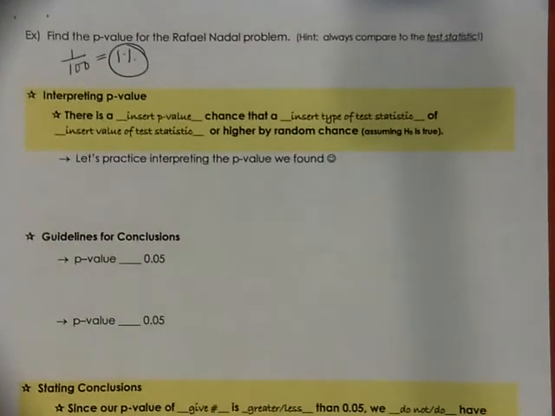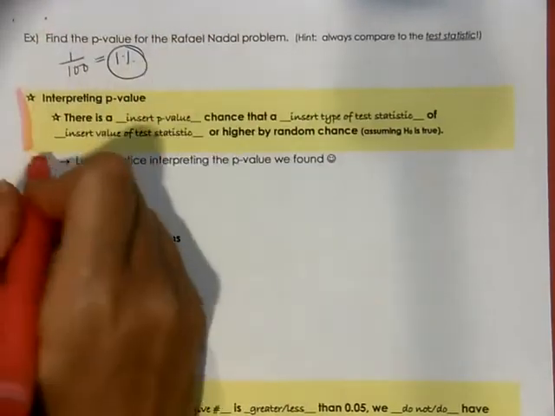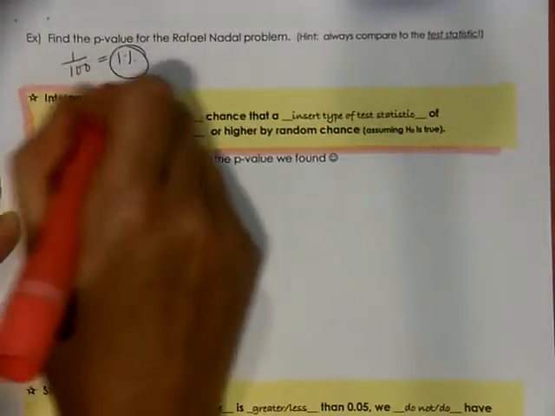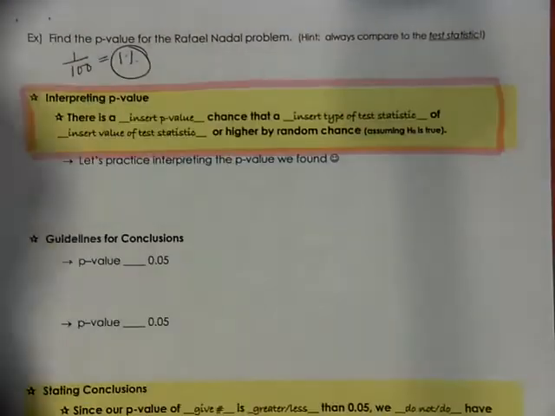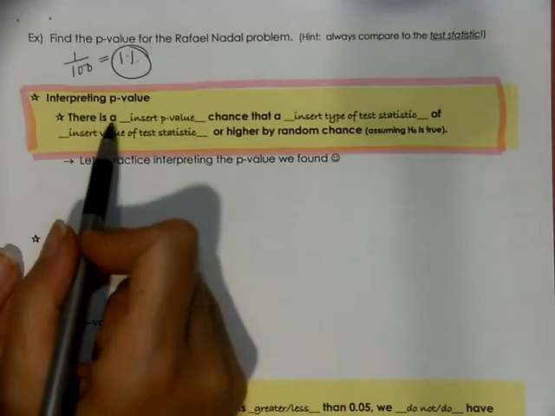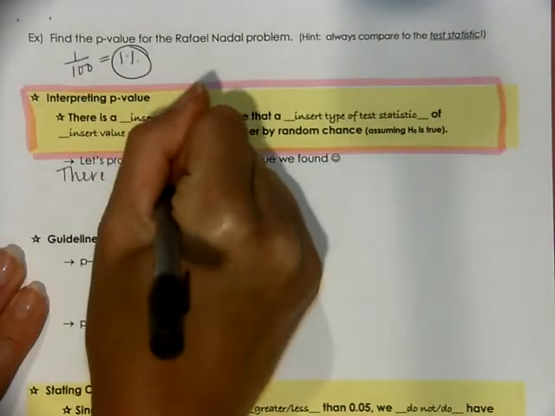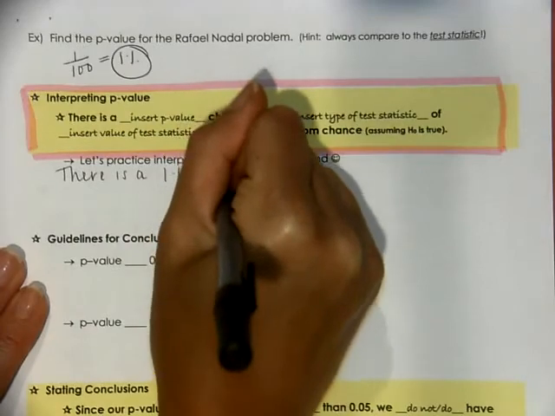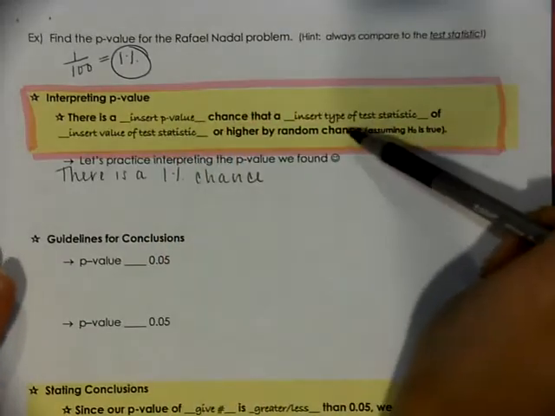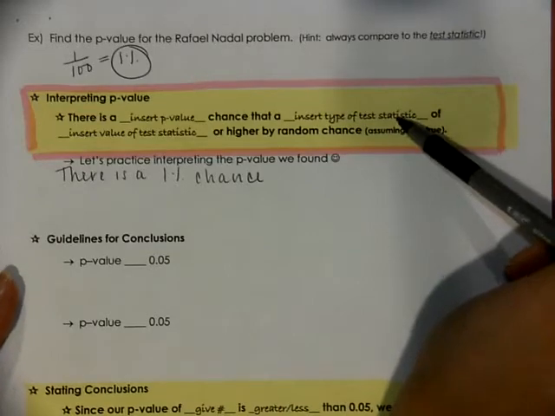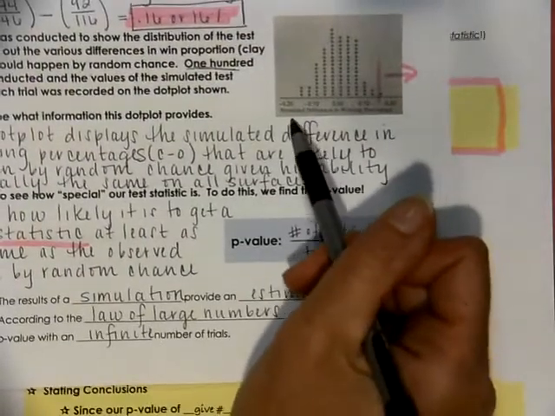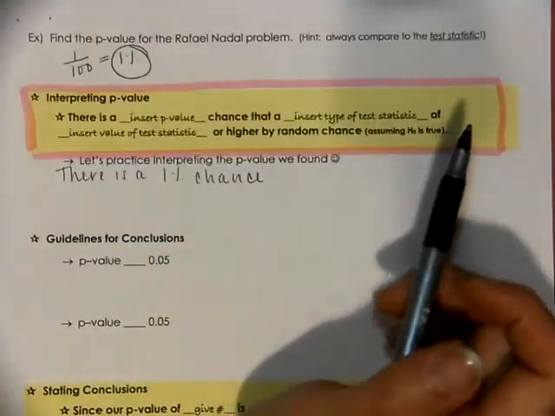So interpreting the p-value, this is going to be a template that you're going to want to highlight, box, star, that we are going to reference throughout this course. So how do I interpret what this 1% means? It means there is a 1% chance of getting, well, we insert the type of test statistic. Use the label on your dot plot for the type of test statistic: of getting a simulated difference in winning percentage